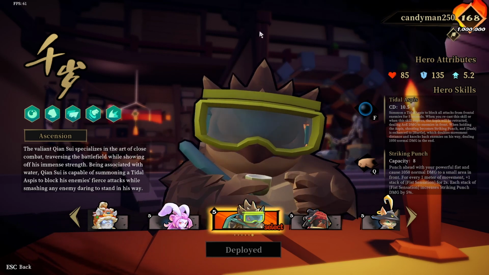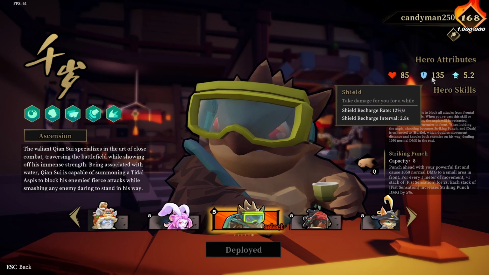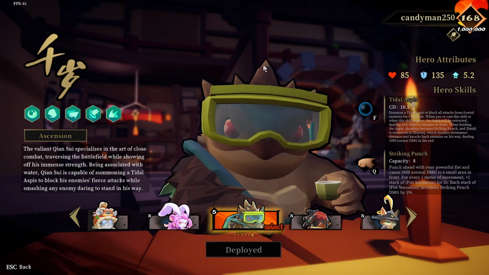Now, he's got 85 health, so, you know, on the upper end, not the weakest, but not the best. And he's got 135 shield, which is really good and decent. And he's pretty slow. But,